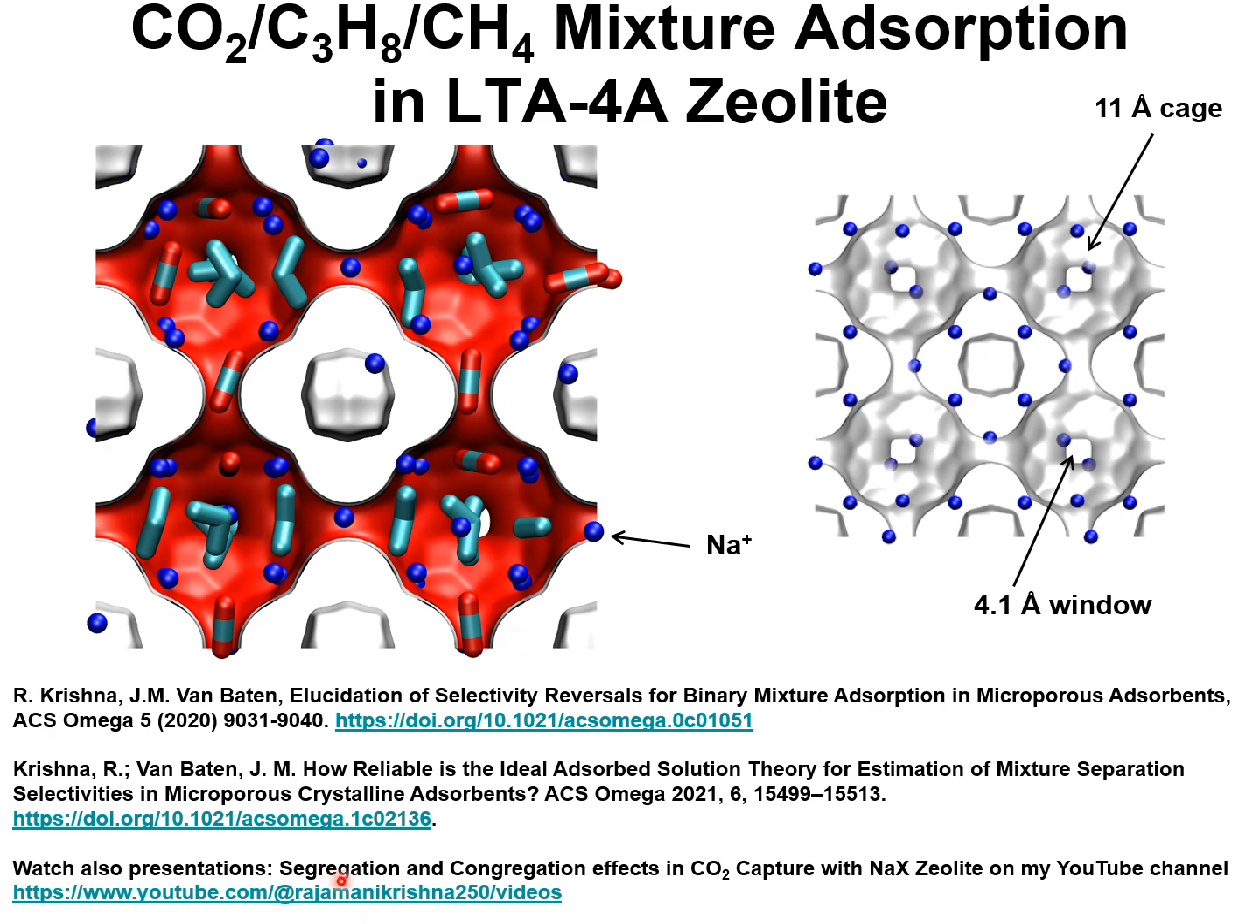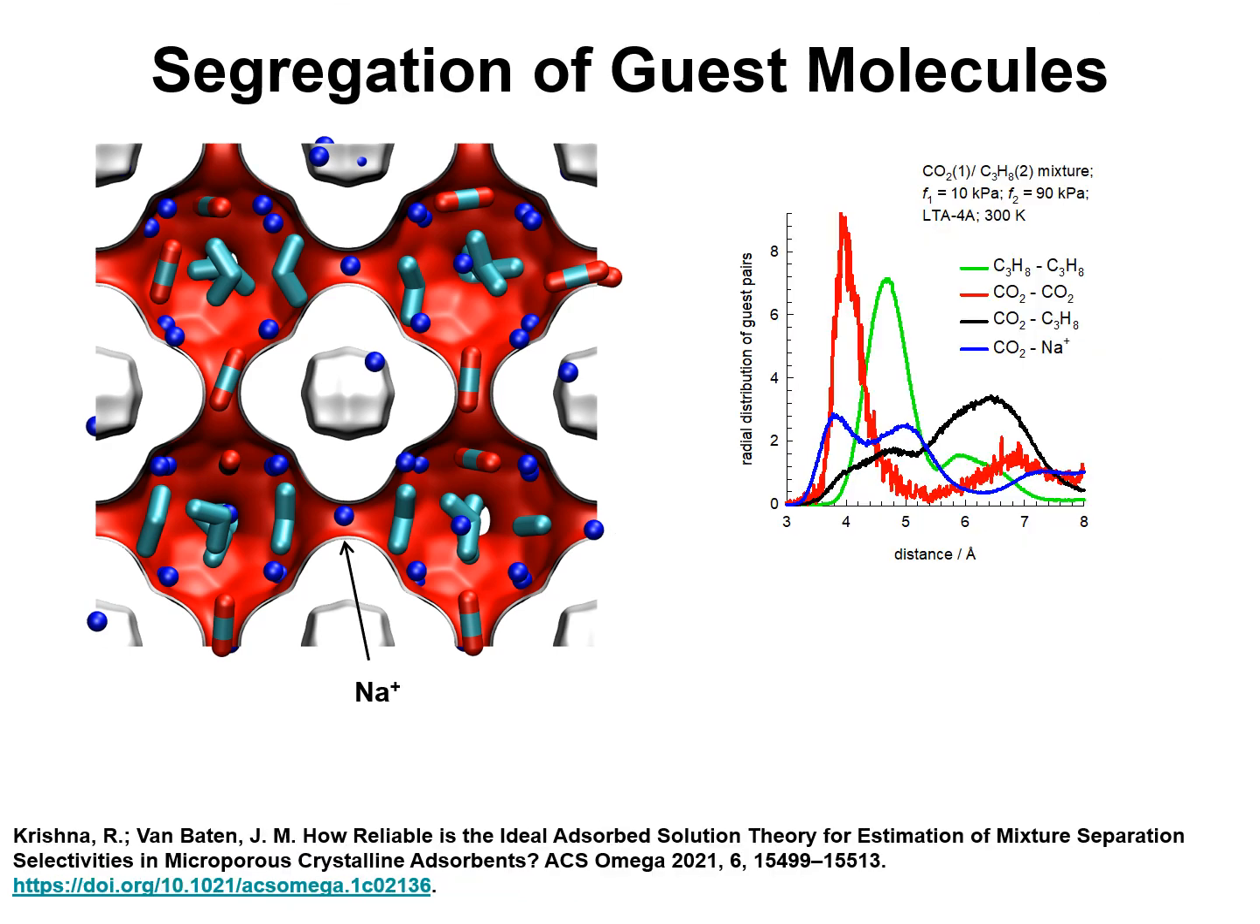I had earlier stressed the importance of segregation and congregation effects in CO2 capture with sodium X zeolite, also called 13X zeolite. Today, my focus is on thermodynamic non-idealities in LTA-4A zeolite. To illustrate and quantify segregation effects, let us consider a binary mixture of carbon dioxide and propane in LTA-4A zeolite. For a total pressure of 100 kilopascals with a partial fugacity of 10 kilopascal for CO2 and 90 kilopascal for propane,